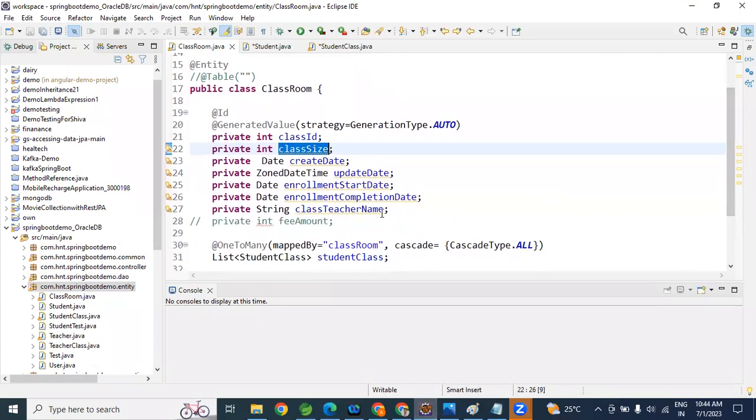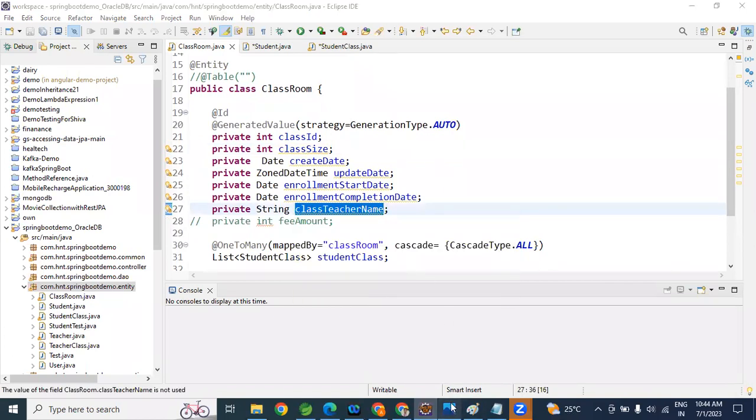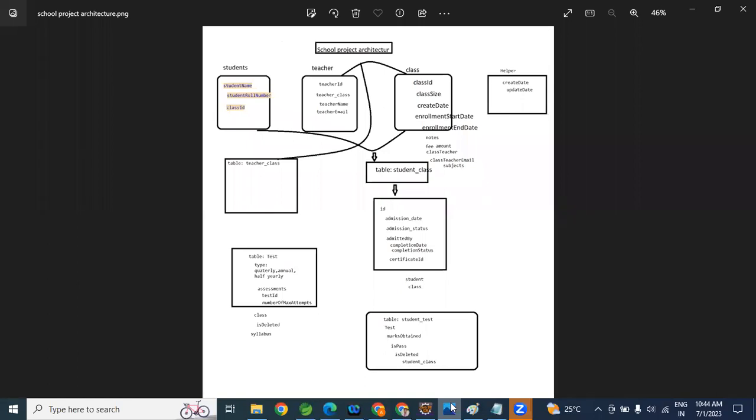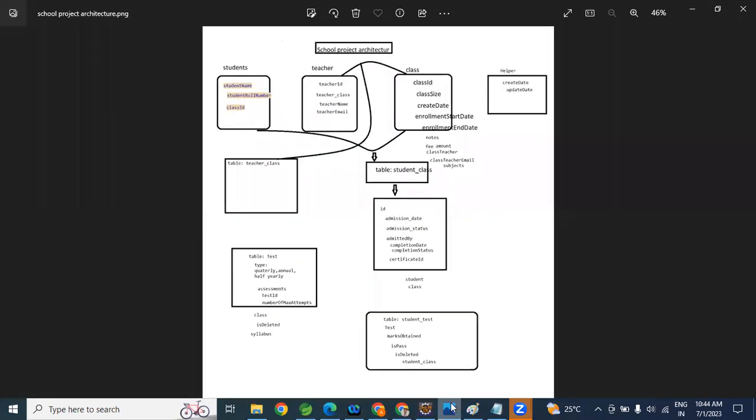So up to the class teacher name, I'm taking class ID, class size, create date, update date, enrollment start date, enrollment complete date, notes, fee amount,